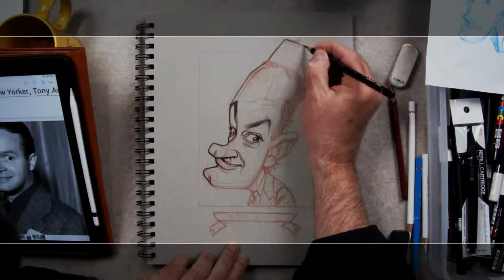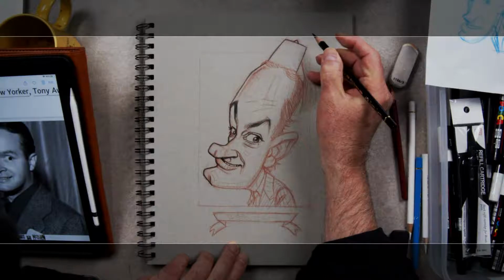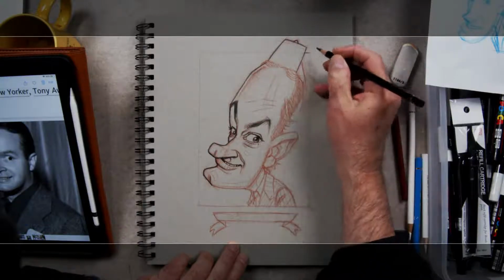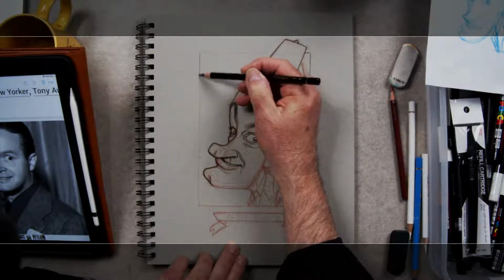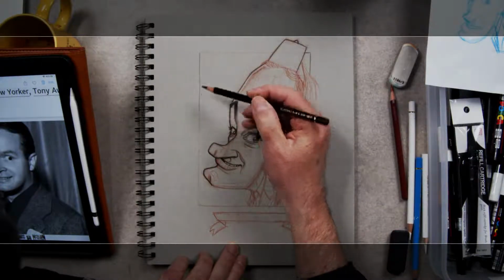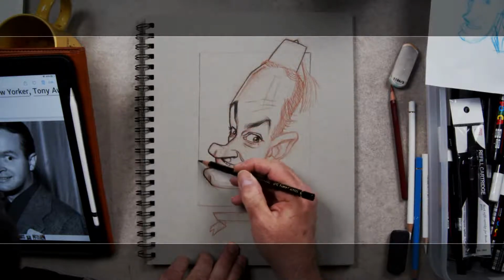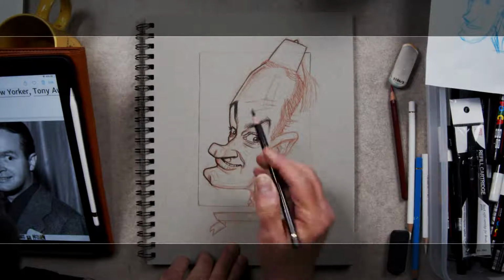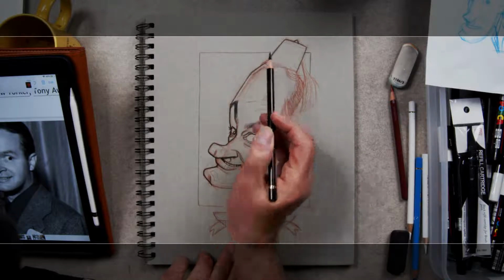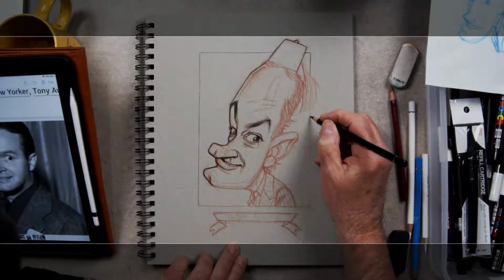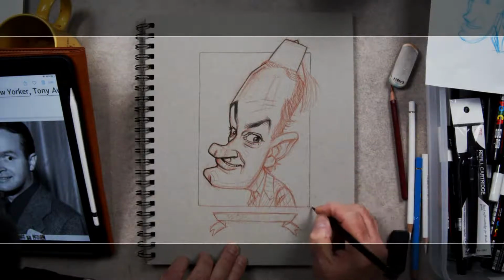So I've been doing these fez caricatures, and no one's asked me why, but I just like them, and I started by drawing Peter Lorre, and then I drew Sydney Greenstreet. Both of those characters from Casablanca wore fezzes because Casablanca.